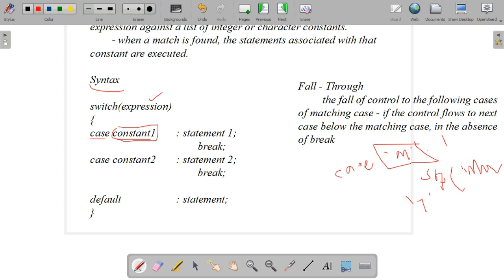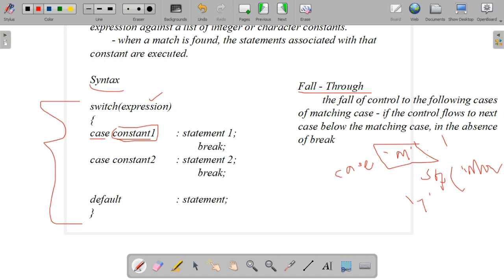Whatever statements we have to execute under this case, you can write one by one. Then the break statement, semicolon, case 2, case constant 2, statement 2, break, semicolon, like this. You can write as many cases as per the requirement. Then default is the last statement, default, semicolon, statement. So this is the syntax of the switch statement.